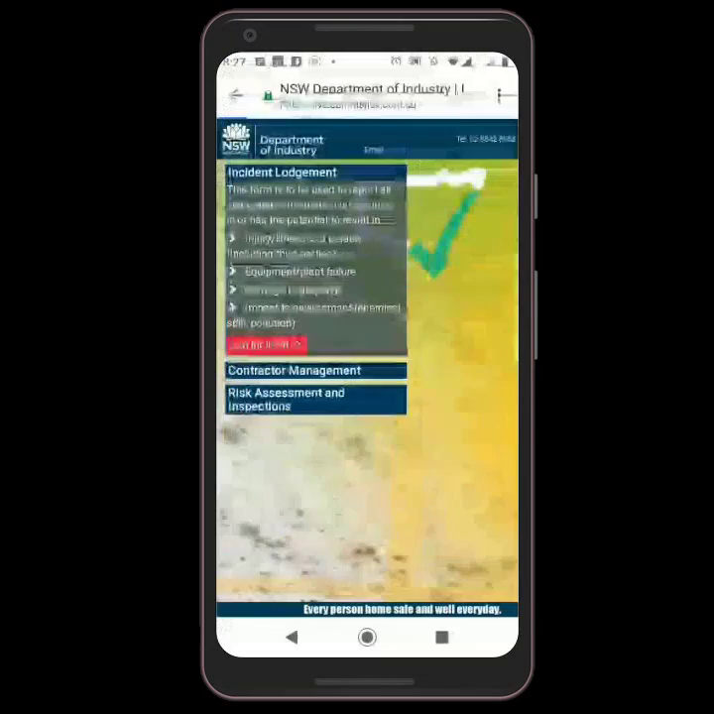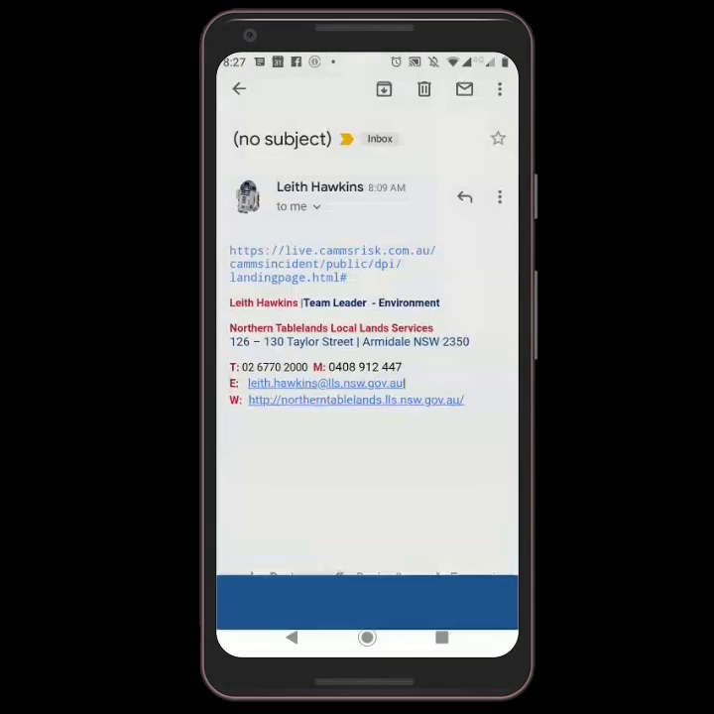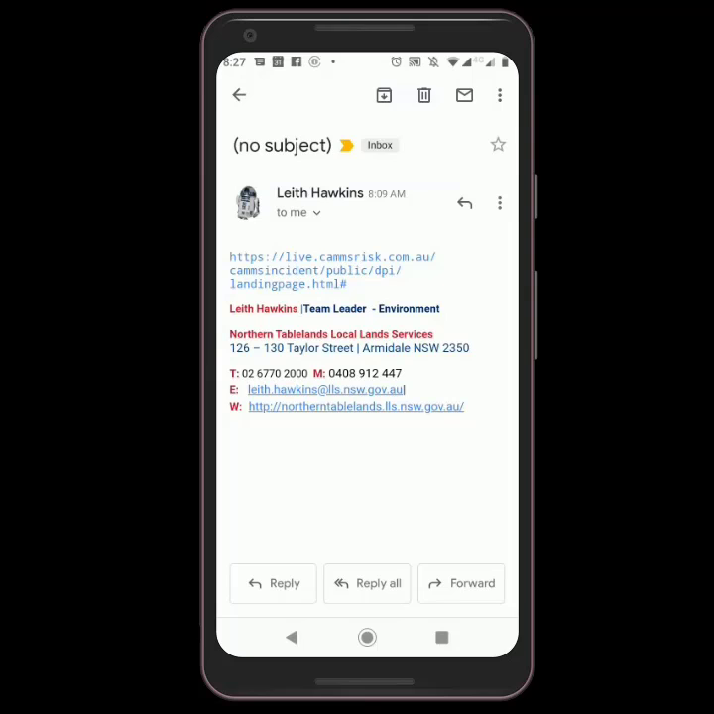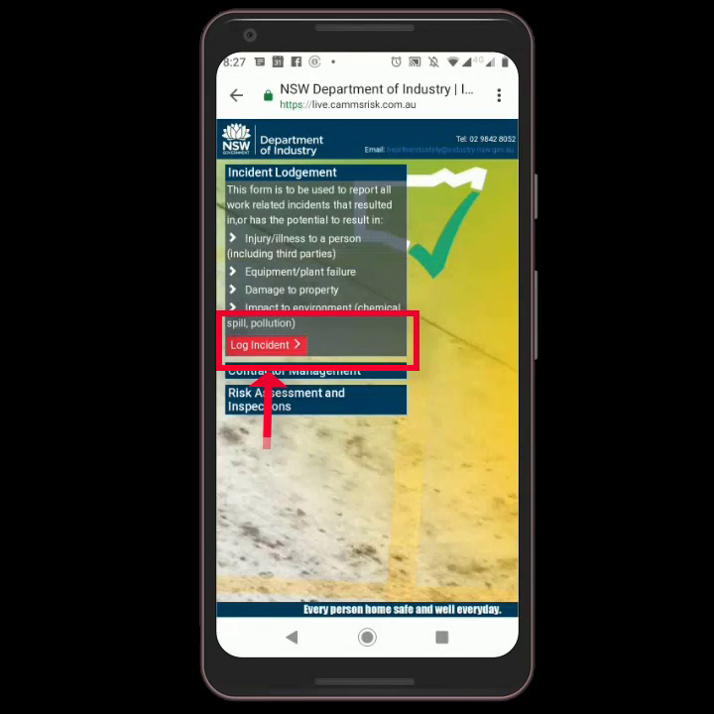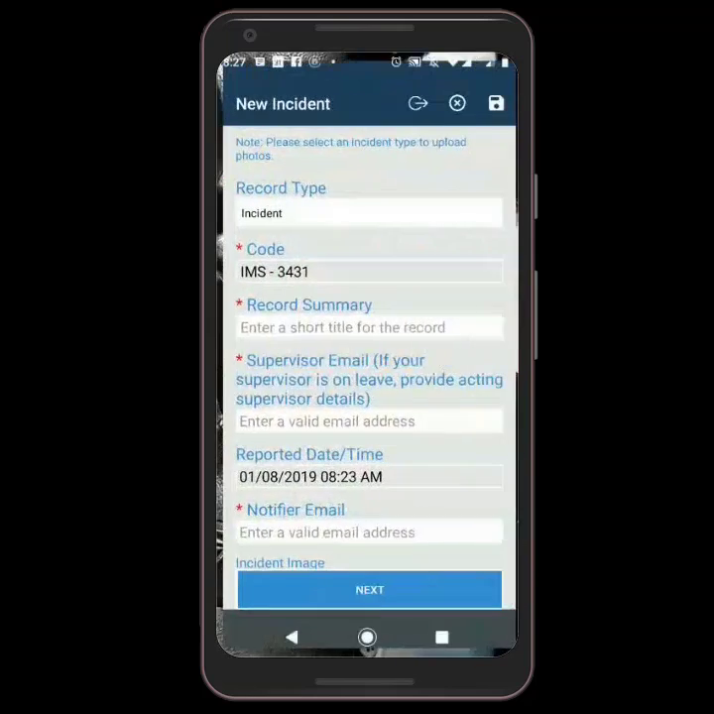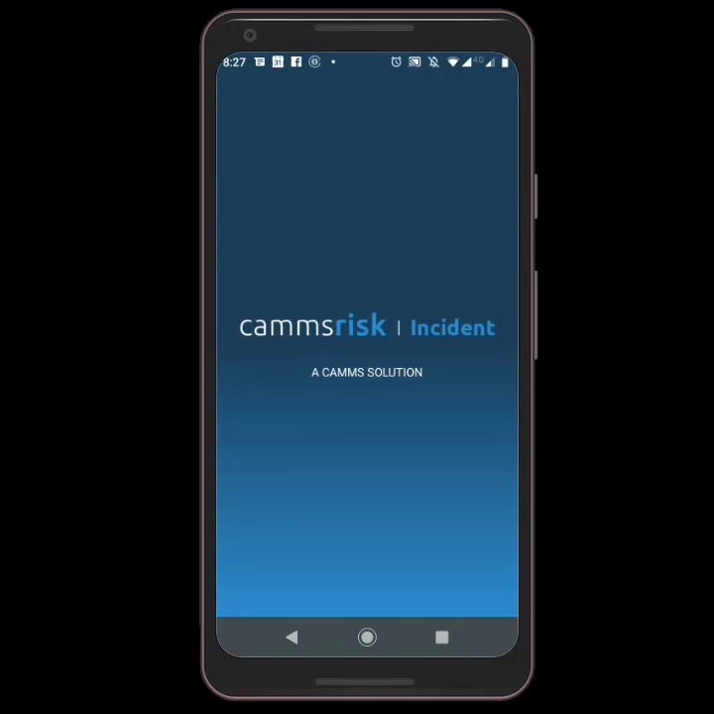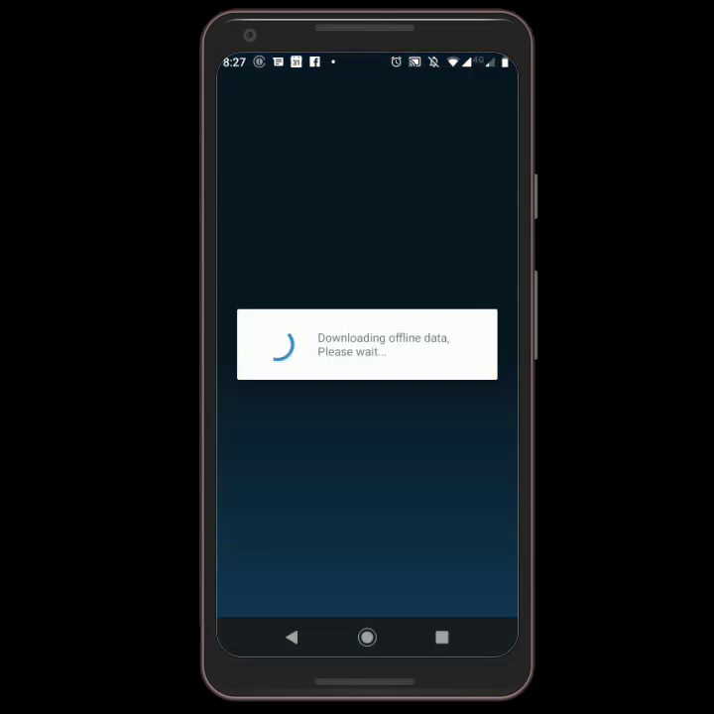Okay, so once you've got that installed, you need to have this link. That's available from the Workplace Health and Safety page on the internet. Click on that link inside your phone, and you'll see here in a second that I click on the link. And then that takes you to the live CAMMS risk page. You click on log incident, and then from there you